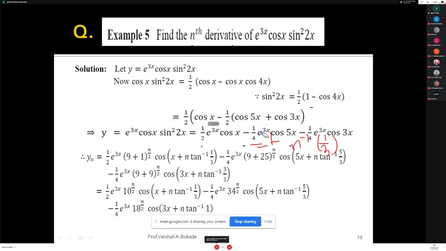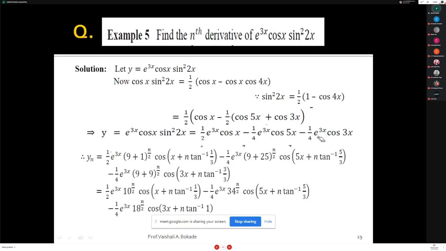Yes. So same formula I'll apply for the second term and third term. For the second term, you can observe e raised to 3x into cos phi x. So a you are having 3 and b is equal to phi. C is equal to 0. So I am having r for this case as root of 3 square plus phi square. Yes, phi is tan inverse of b, which is nothing but phi, and a is nothing but 3. So tan inverse of b upon a.